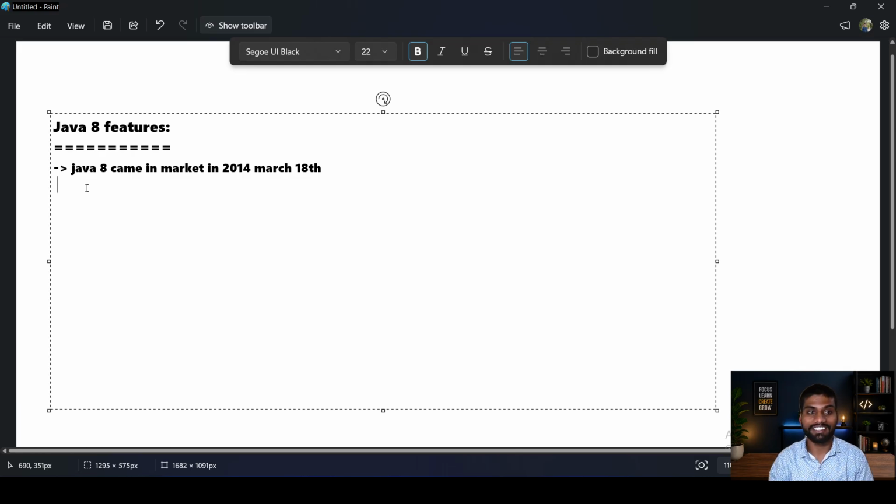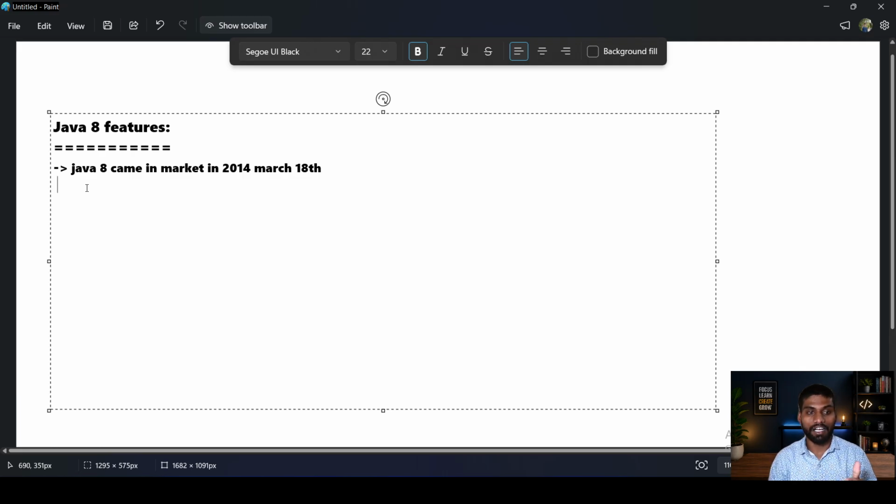Because of that, Java launched Java 8 features, and the first feature is the Lambda expression. So what is the meaning of Lambda expression? Lambda expression mainly came into the market to achieve concise code and functional programming, because Java is object oriented programming. Yes or no?